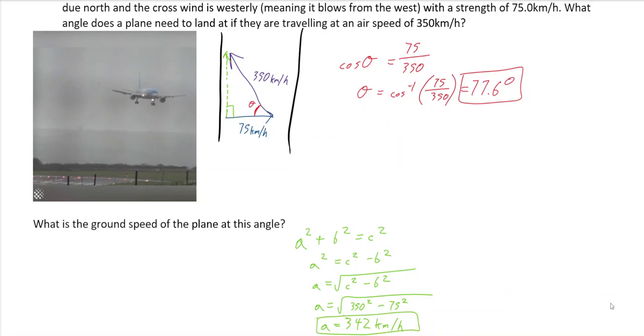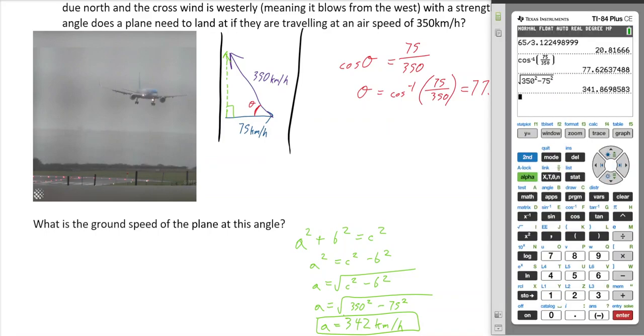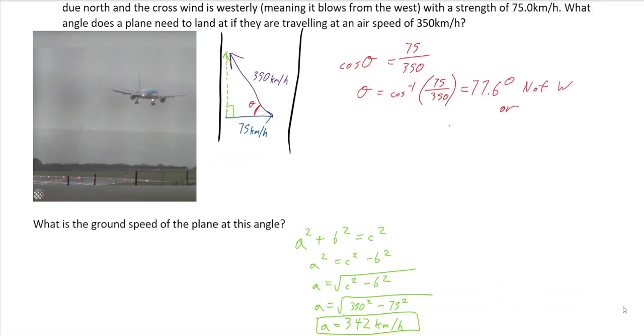Okay, oh, I should say that the angle, we should actually have a little bit more to the angle. We should say this is north of west. Yeah. Or we could also call it, just so that we're clear, we could also say 90 minus. And we could get the other version of the answer. So 12.37. So 12.4, which would be,